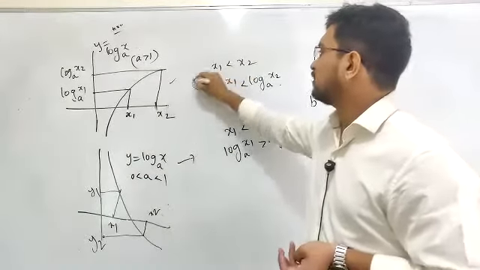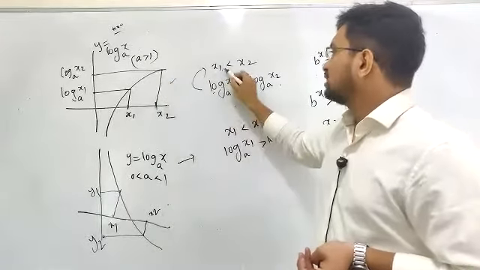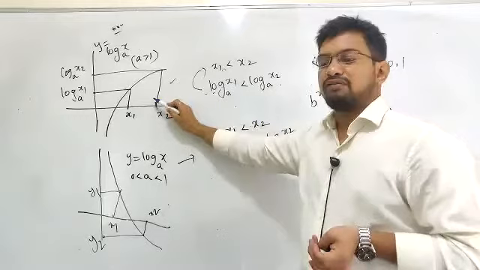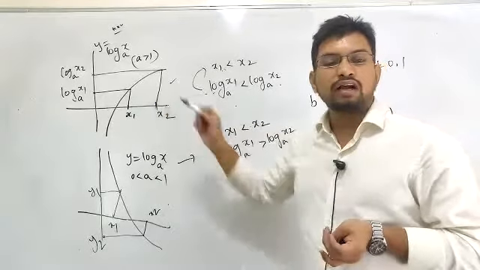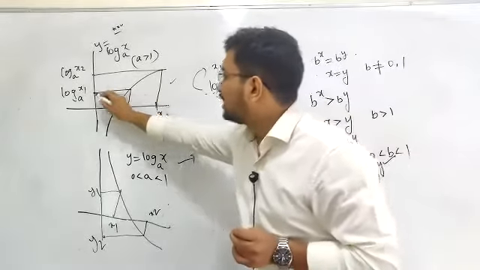We'll try to see in the reverse manner. Now we took this and proved it. If this is given, we are trying to prove this from this graph. By observing this graph, we are trying to write that. Now what we do is that we will take this one into consideration.